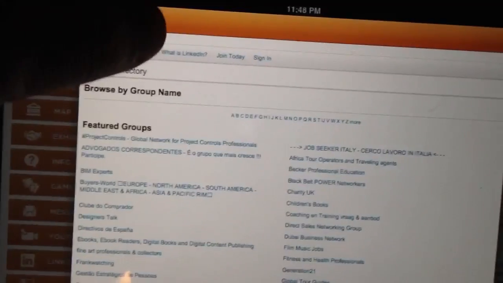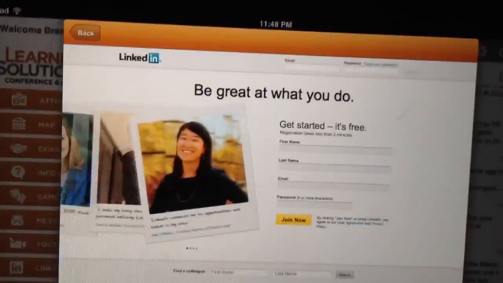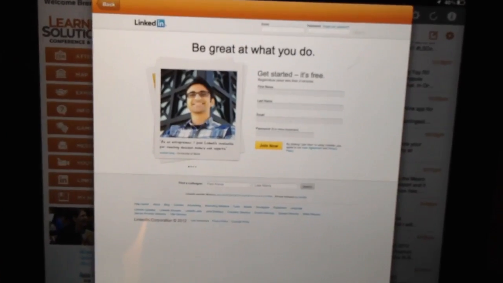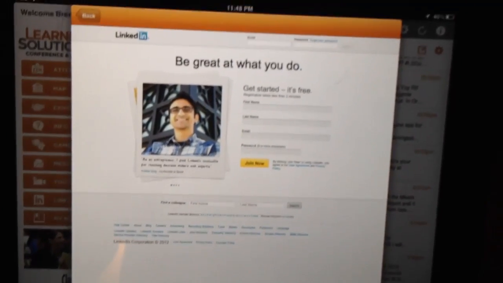And the next option there is for the LinkedIn page. It gives you full access to the complete LinkedIn site. So all you would do is log in as you normally would on the website, and then you can post to groups, post status updates directly through the app, as well as the main Twitter feed on the right-hand side,